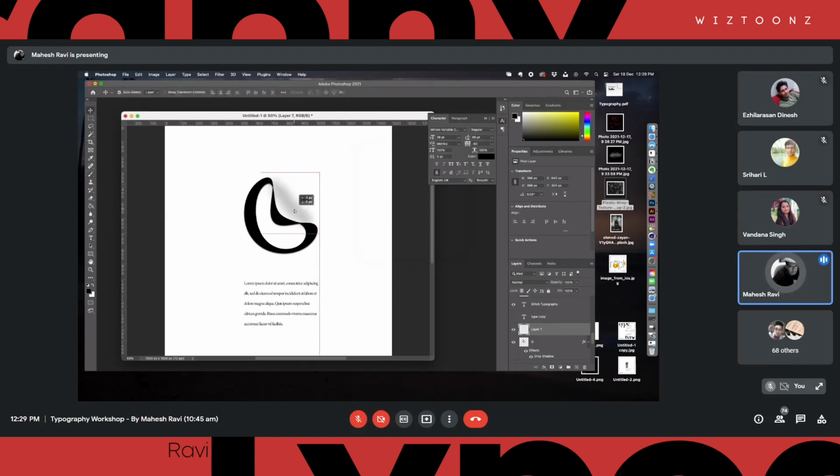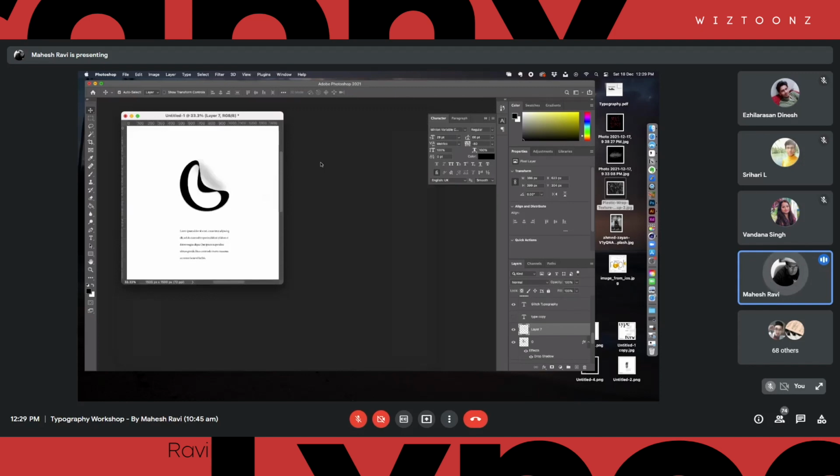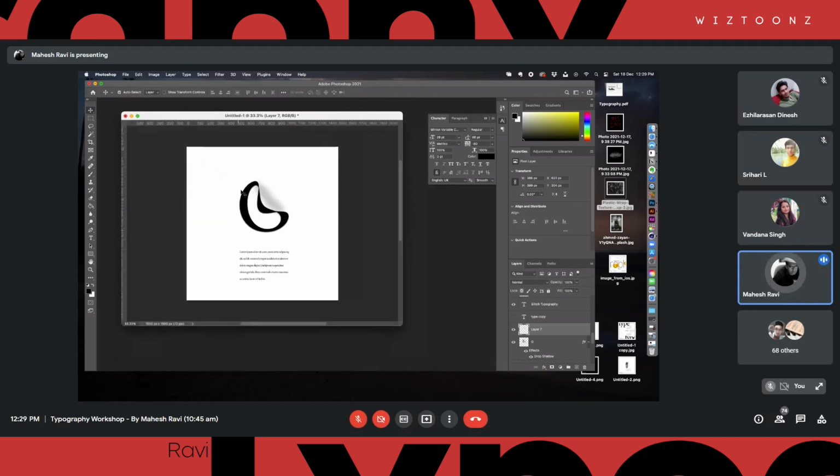It's not perfect, but I'm just trying to give you the idea, right? So can you see right now that it's more realistic? It was actually stuck into the wall and this started falling, and you can see the shadow here. So it's again a very, very simple technique, but you can create some sort of variants out of it. You can do a lot of fun stuff with this.